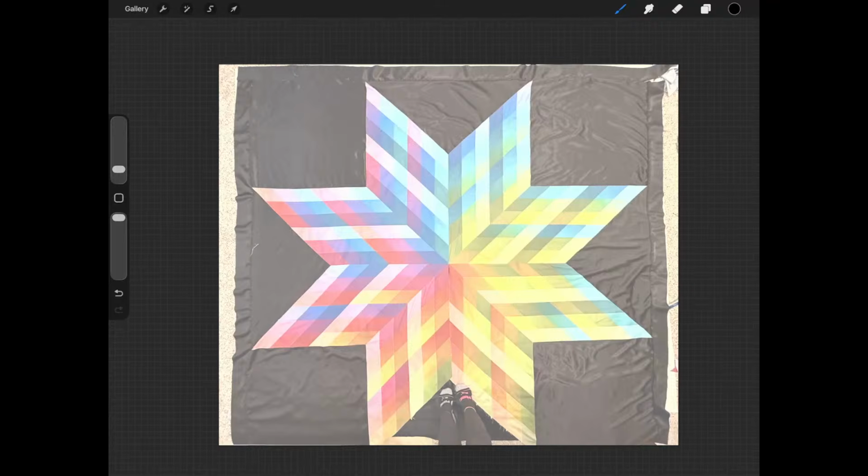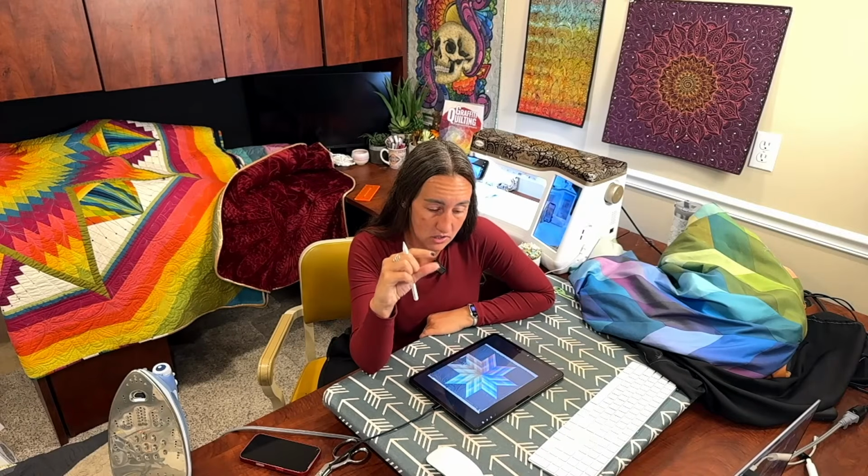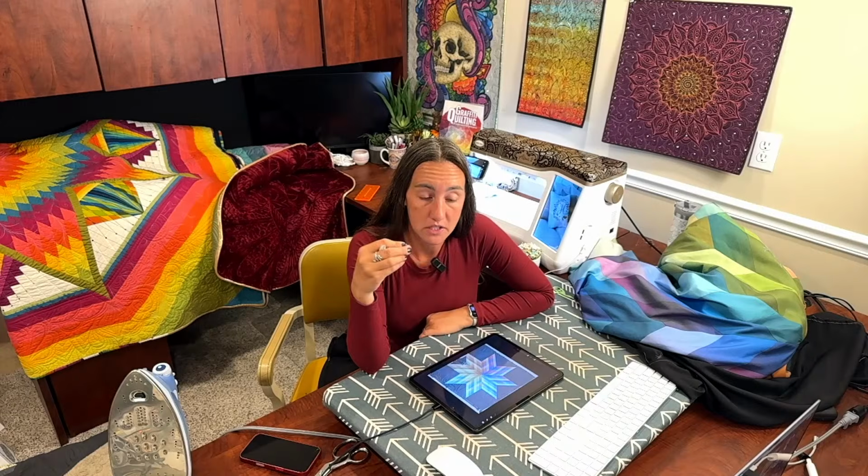Oh, Linda says, oh, sorry. Yeah, Linda asked, would you still add wadding when using a plush backing? So yes, I always add batting no matter what, even if the plush is really fluffy and big. In fact, if you're using a backing type that is very super soft and plushy, like minky, you definitely want to use batting, because otherwise if those fibers are long, if it's like shaggy, then as you're quilting,